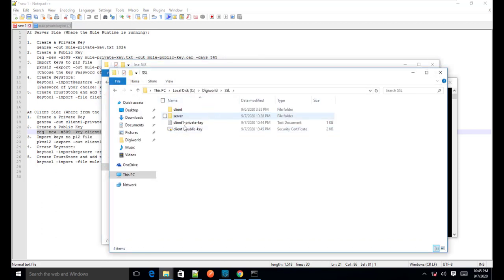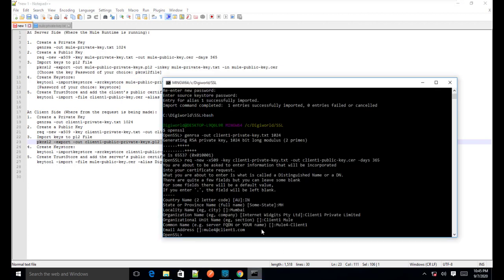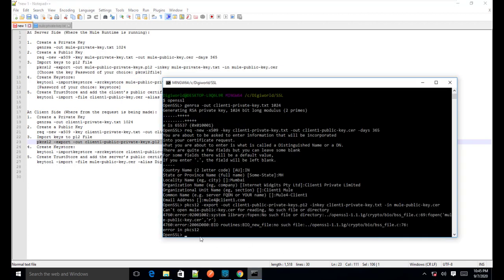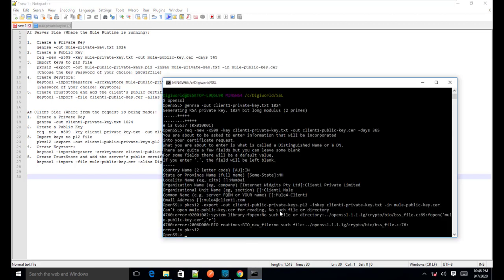Let's see. As you can see, the private key and public key are created. Now I'll run this command, and it is showing this is the client 1 private certificate, import keys to this one. It is showing an error: can't open mule public dot certificate.